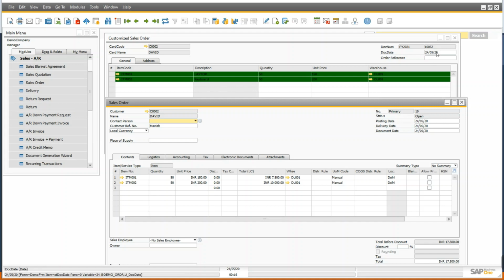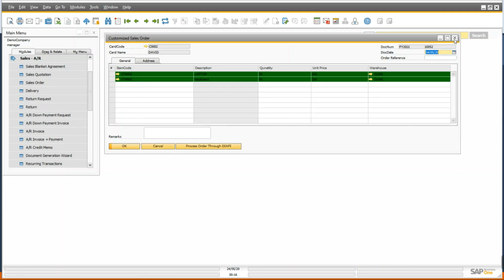Doc date 24th, here is also the same. Doc due date we have given the current date through the code, so we can see it in the code. So hope you have understood what I have shown to you.